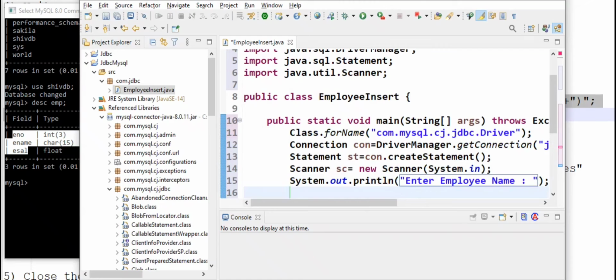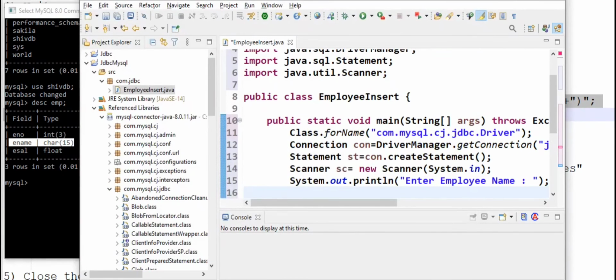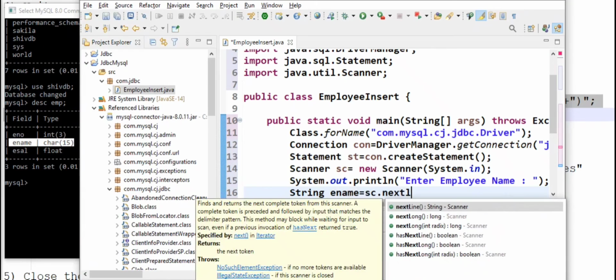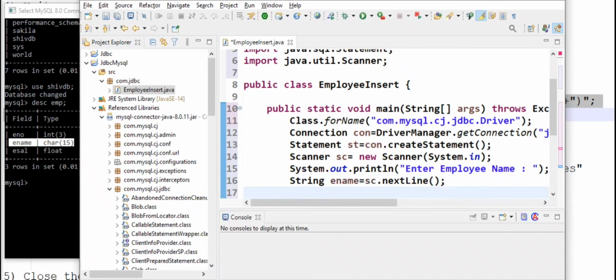Employee name is in characters here, so we should take it as a string. String ename equals sc.nextLine. Great.